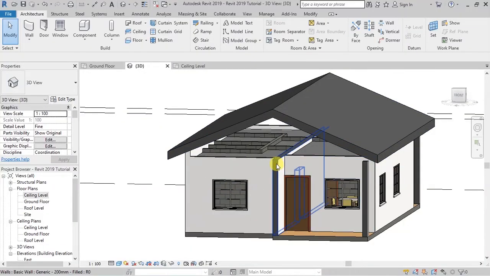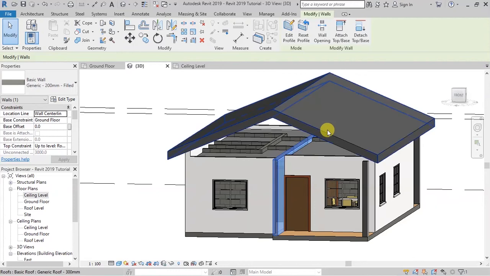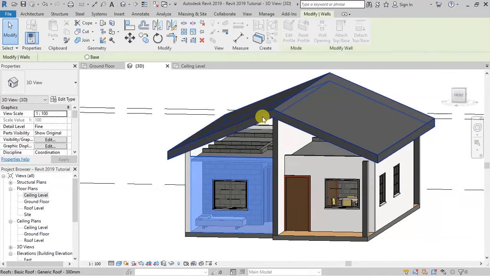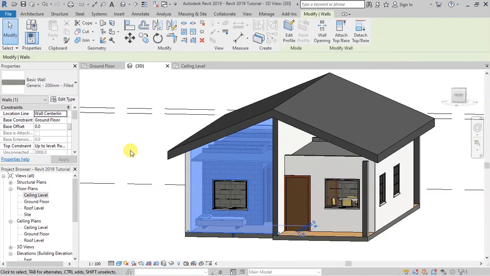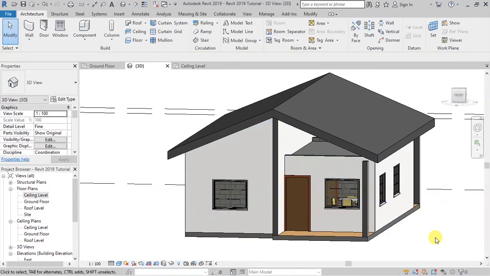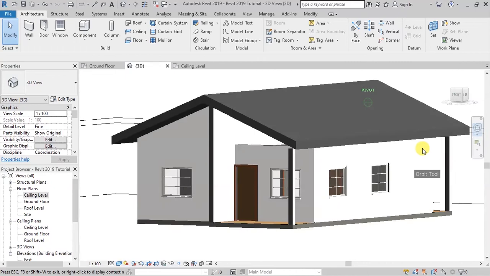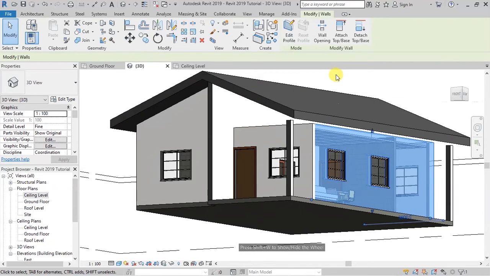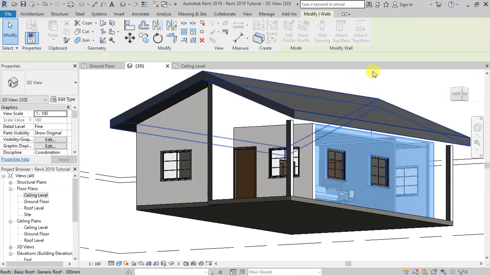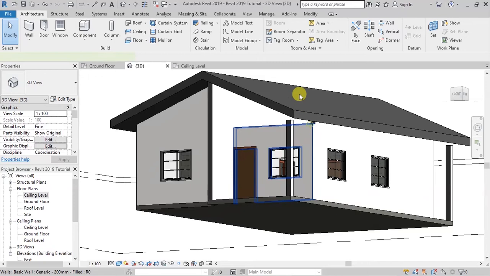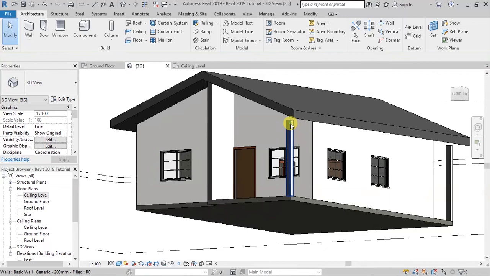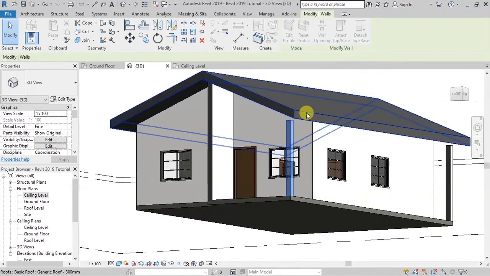That will be the case with this wall, like that, and the same with that. Attach top to the base of that roof. Try to orbit around and select that. Attach it to the base of that roof. Select this wall, attach it to the base of this roof, and select this, attach it to the base of this roof,